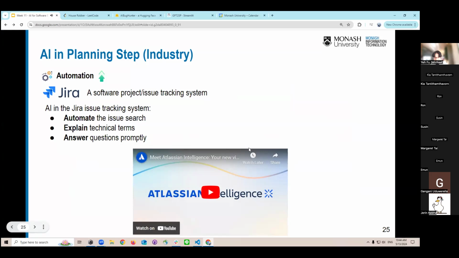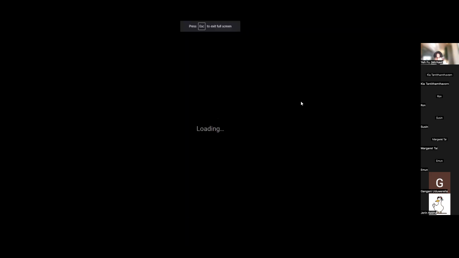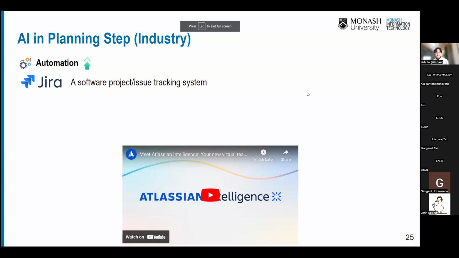Okay, all right. So this is how it works. Atlassian added an AI companion inside their Jira software system, and you can just chat with it. It's like ChatGPT inside their product. This makes your work more automated, because when you have any question, you can first ask the AI companion instead of opening your browser, searching on Google, and filtering the search results. So it accelerates what you're doing during planning.